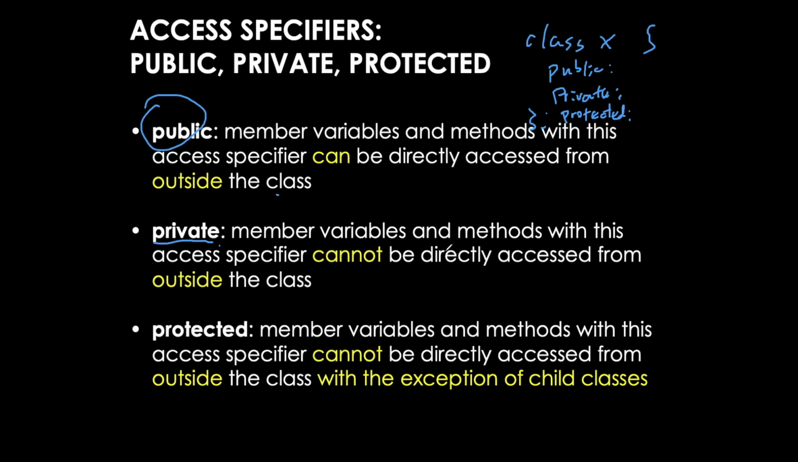Private means that anything under this specifier cannot be accessed directly from outside the class. We illustrated this previously. There's also another one called protected. This one is a little interesting. Members cannot be accessed from outside of the class, but if you have some sort of inheritance structure,